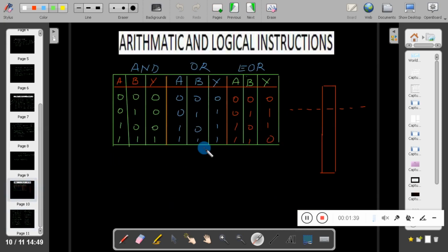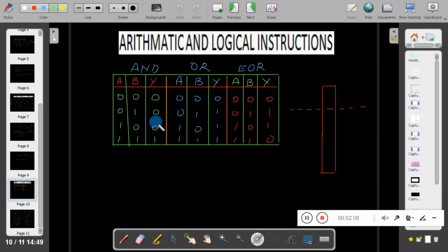For that we will refer to the truth table of AND, OR and exclusive OR. Let's take two variables A, B and Y. In AND operation, this is the truth table. When both variables are 1, then only output is 1.